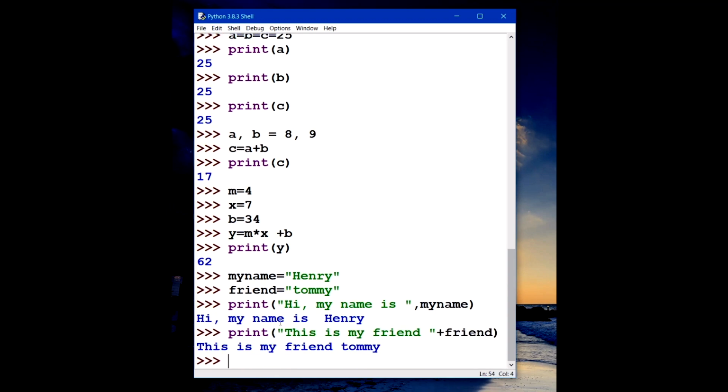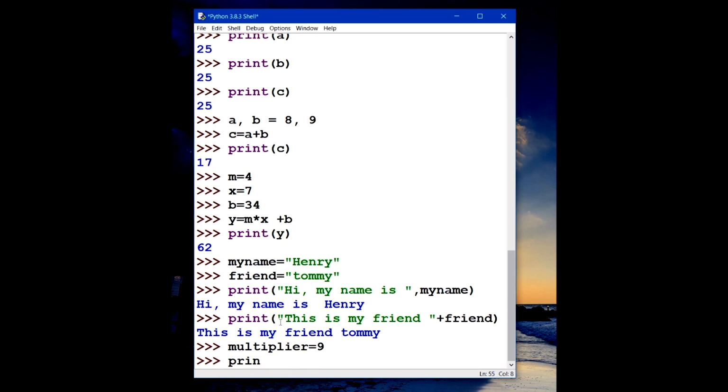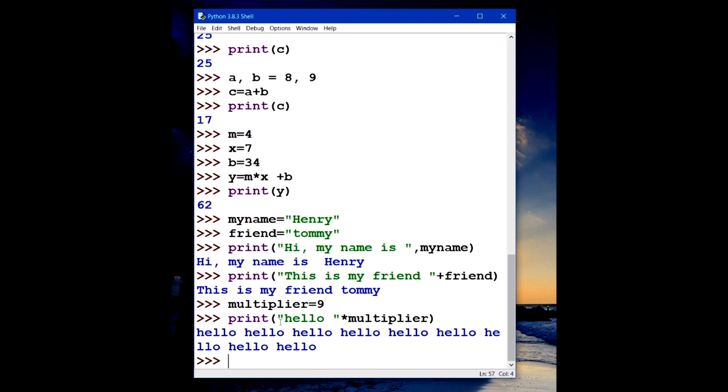This is my friend Tommy. So this is how using the string variables is the same as we have used the integer variables. Alright, let's just do multiplier equals to 9. Let's just do another trick. No, it should be multiplied with our multiplier. Yes, we have got 9 times a hello. See,